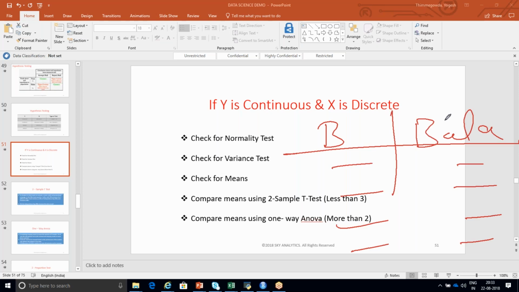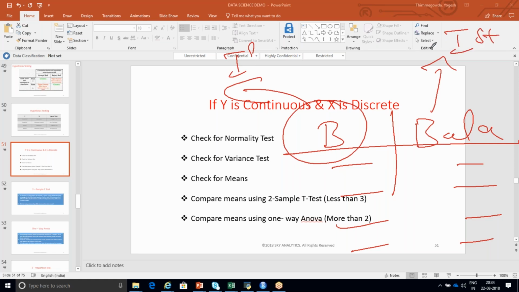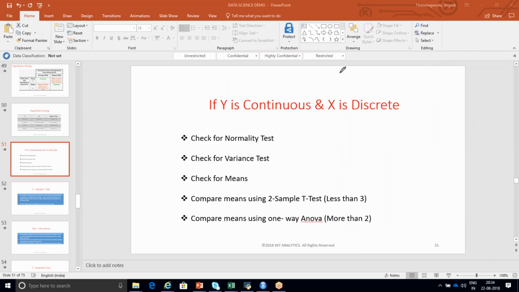Go for tuition? See, that is a different story. Going for tuition, but the result has already come, right? We need to choose which is better. You need to choose whether Bharat has scored first rank or Bala has scored first rank. That is what you should check. So you need to check now whether Independence Day transactions are more or Christmas Day transactions are more. That is your alternate hypothesis.